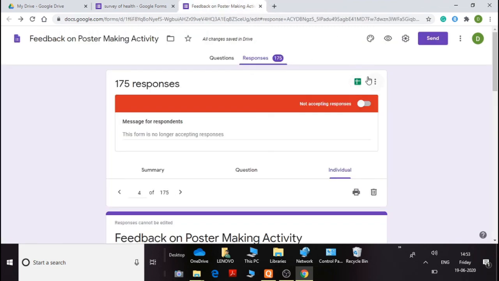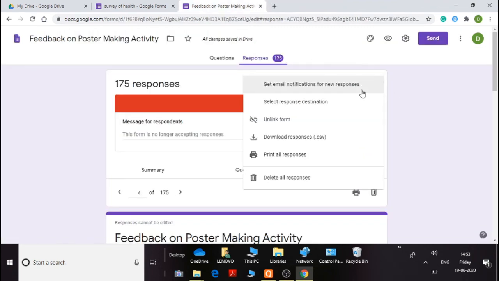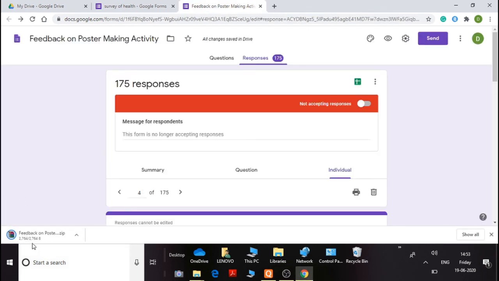And there are many options here, like you can get email notifications for new responses. You can select response destination also. If you want to stop sharing, you can unlink the form. Download responses. Here when you download the responses, I'll click it, and you will get a zip file.